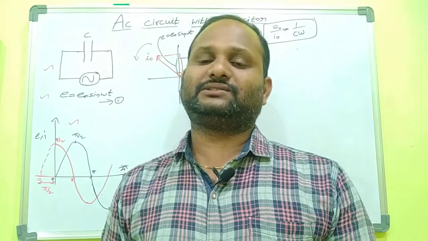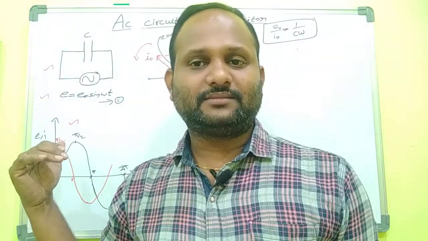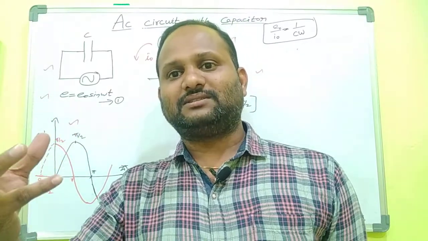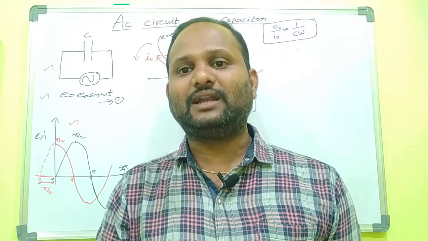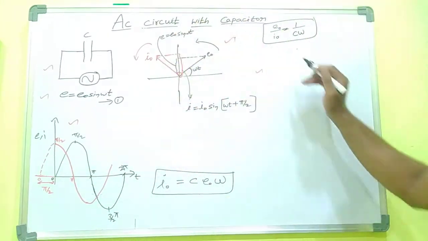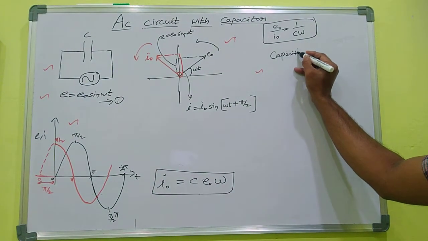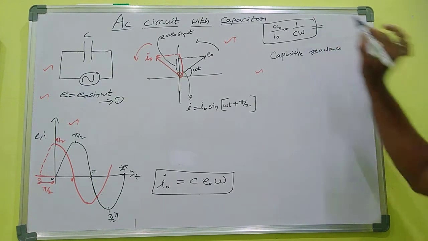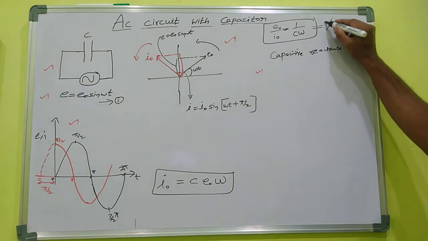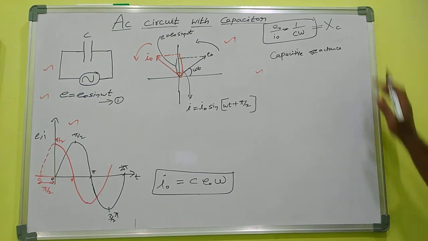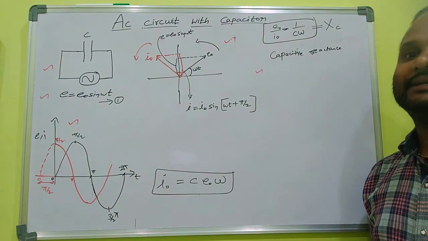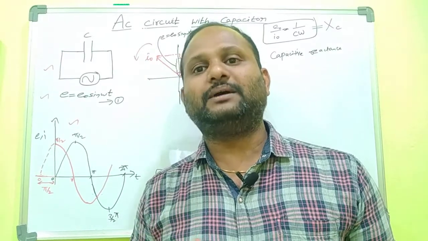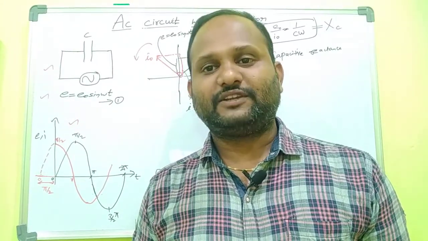That is called reactance. Who provides the reactance here? The capacitor. The capacitor gives some reaction to the frequency, which is called capacitive reactance. It is represented by Xc: C for capacitance, X for reactance. The capacitive reactance is the opposition offered by the capacitor because of the frequency.